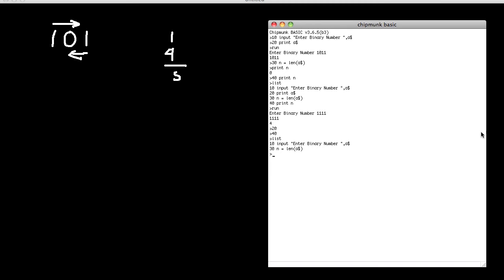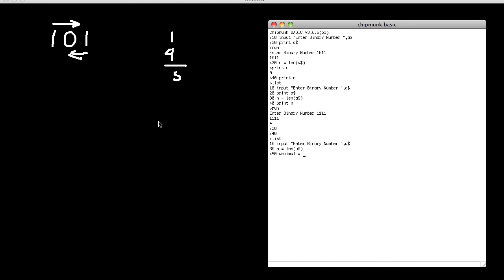Now as I compute up the decimal number, as I pointed out, as I work in the decimal number going in this direction, this is the units, this is the 2's, this is the 4's, and I add these things up to figure out what my decimal number is. So I'm going to write down a statement, let's say 50, and put in decimal